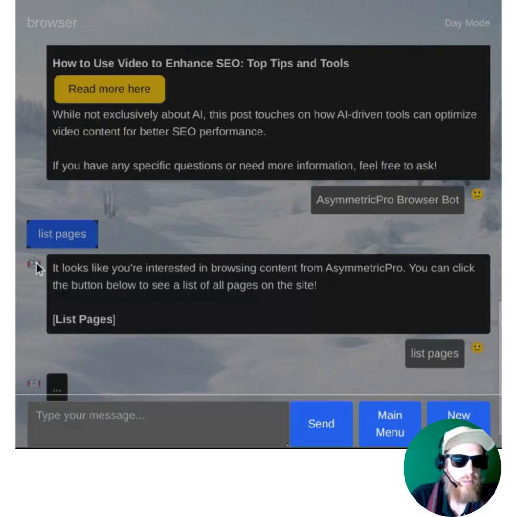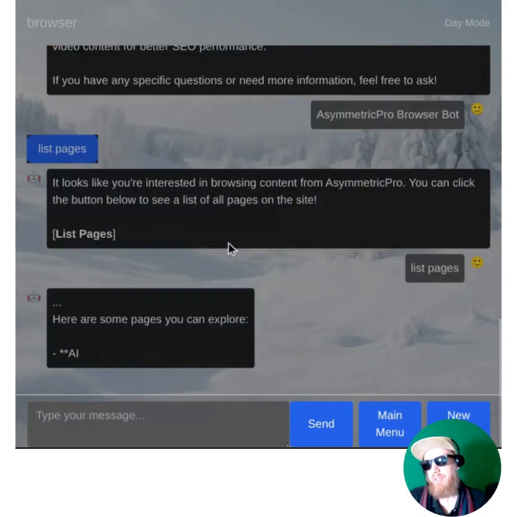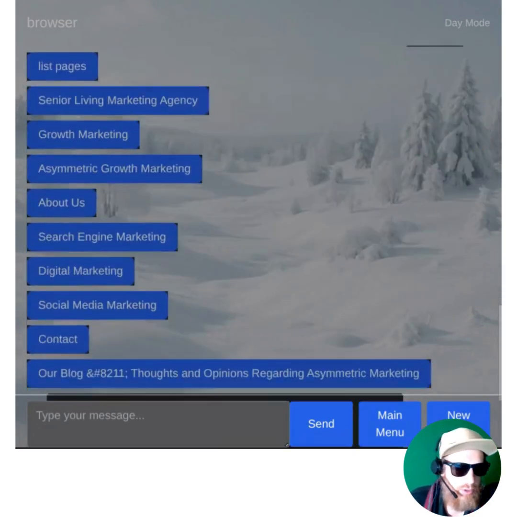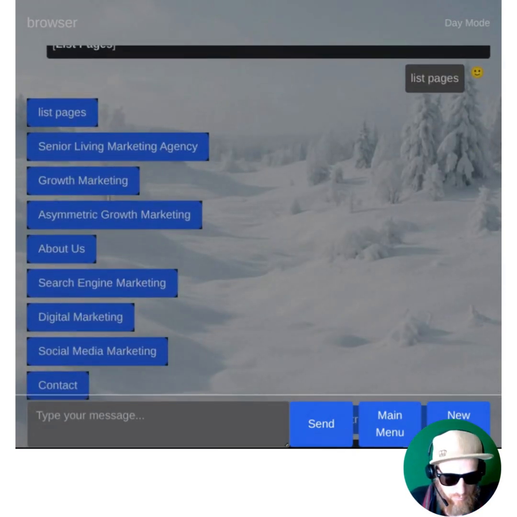Okay, next one is the browser bot. Now, the browser bot is similar to the feed bot. The feed bot is connected to the blog. The browser bot is connected to the pages. So you click list pages, it shows the pages. Now there's a filter on this, so it's only showing pages that match specific keywords that I've put in there. I could disable the filter if I wanted to show every single page,